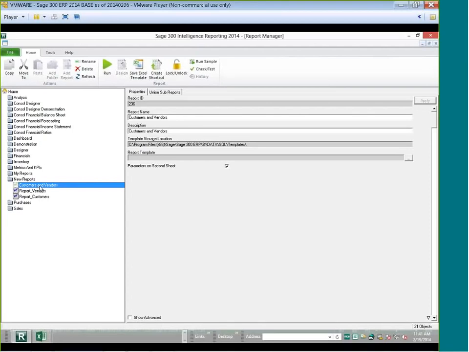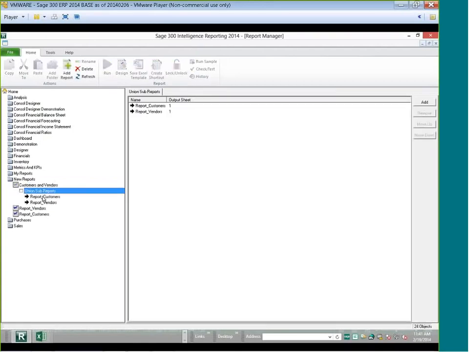Well, in this case, I have two reports. It's going to push the data to sheet 1 and to sheet 2. I don't want that. I want the parameters on sheet 2. I want it to push the data to different sheets. So if I open up the report and go to the properties